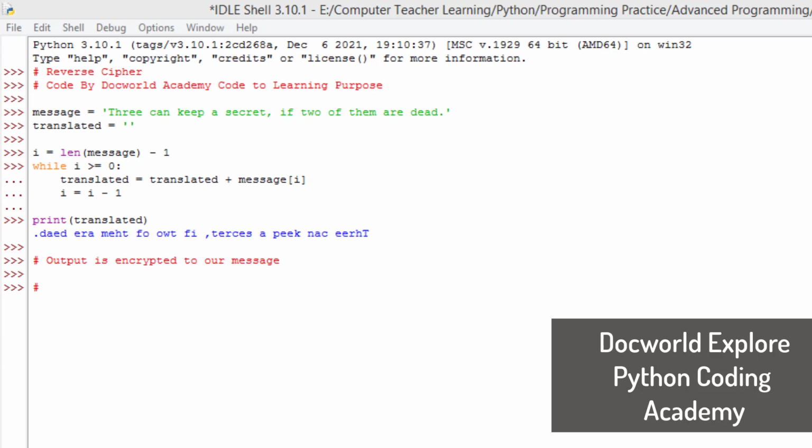So we are encrypting this message: "Three can keep a secret if two of them are dead." And this phrase is the message variable, and translated equals empty. This is the phrase. I equals length of message